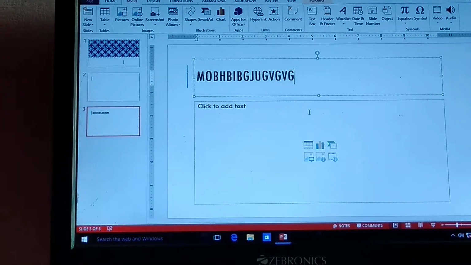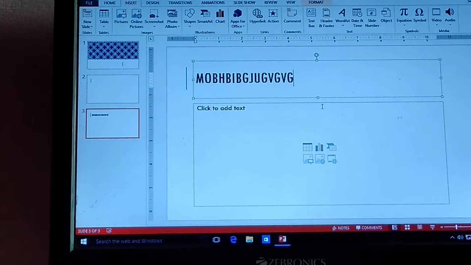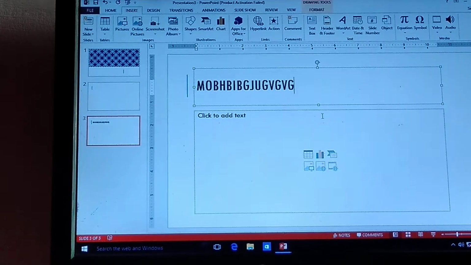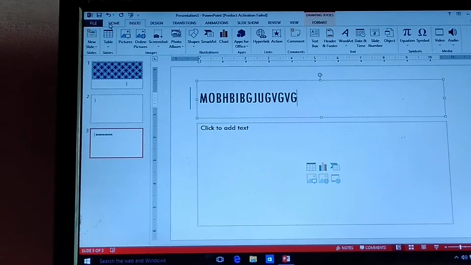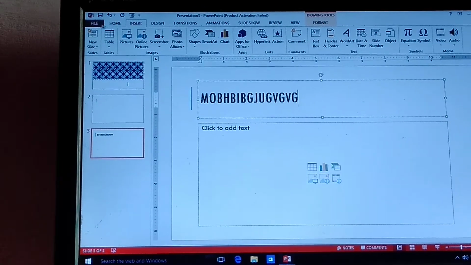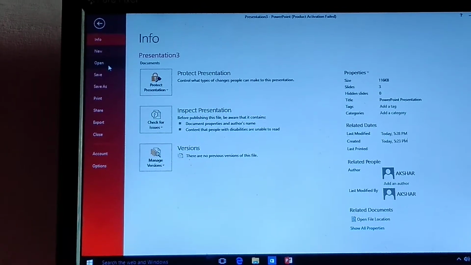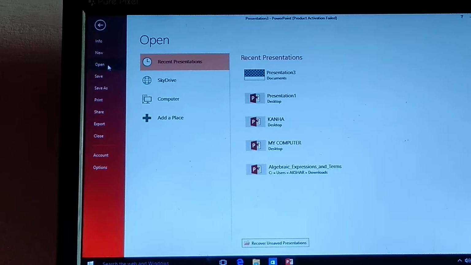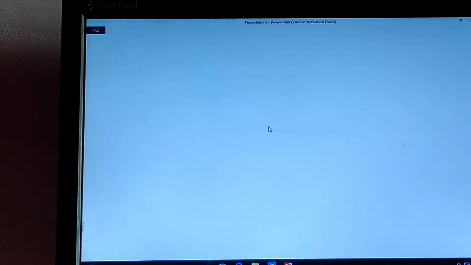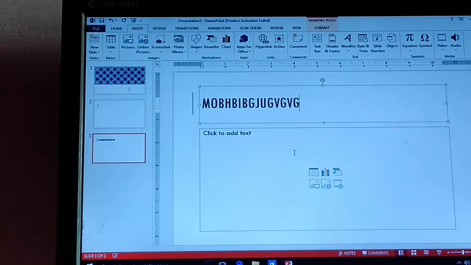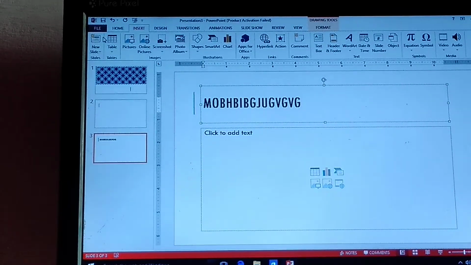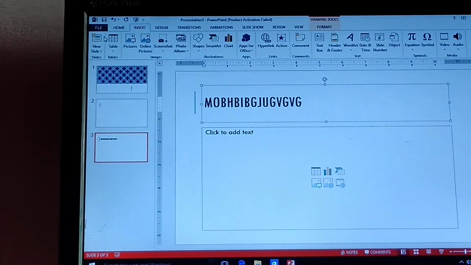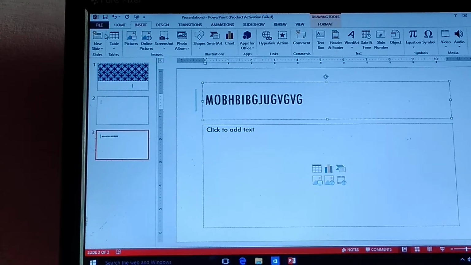If you open page number 122, it will show how to open an existing presentation. Again, in order to open an existing presentation, you have to go to the File button. Backstage view will open. Click on the Open button. Click on Presentation. Right now there is no presentation saved, so it will not show. Simply click on it. Click on the Open button. Your presentation will open.